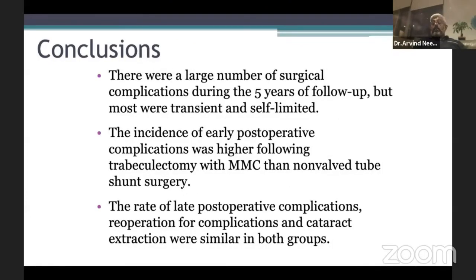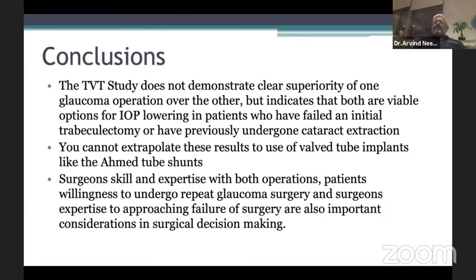Large number of surgical complications in both groups. The incidence of early postoperative complications was higher following trabeculectomy rather than in the Baerveldt group, but the rate of late postoperative complications and reoperation as well as cataract extractions were similar in both groups. So to conclude, the TVT study really does not demonstrate a clear superiority of one glaucoma surgery over the other, but really indicates that if you have a patient who has failed a trabeculectomy sitting in front of you